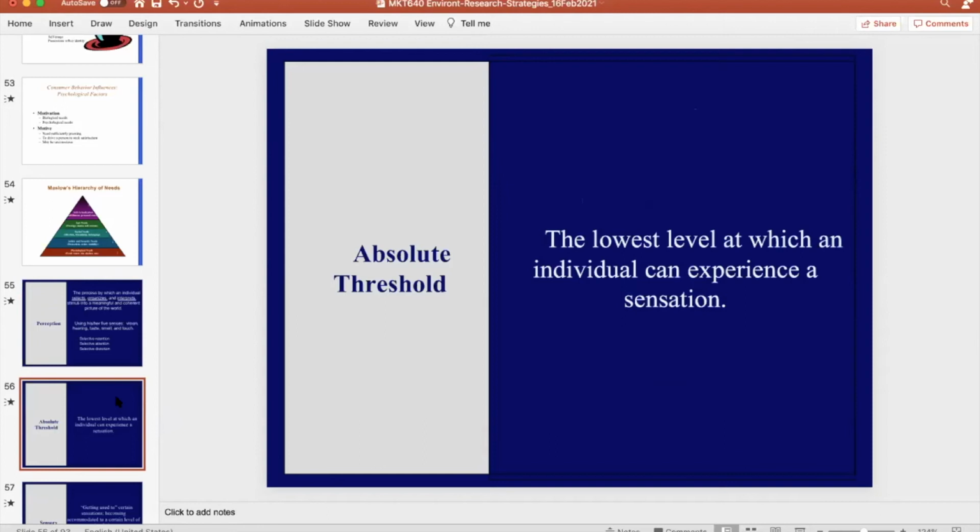The absolute threshold is the idea that when you are a business doing things, if you do it in a way that people don't get to perceive it, they won't memorize it or process it. They're not going to make an effort on it. So there's a minimum. To give you an example, if you say this weekend Coca-Cola is 50% off at Ralph's, the perception is: if you drink Coca-Cola, this may be important. If you don't drink Coca-Cola, you're not going to memorize it, because what's 50% for something you're not interested in?